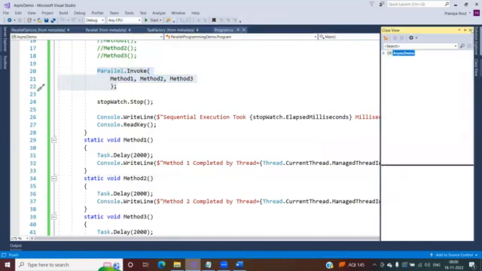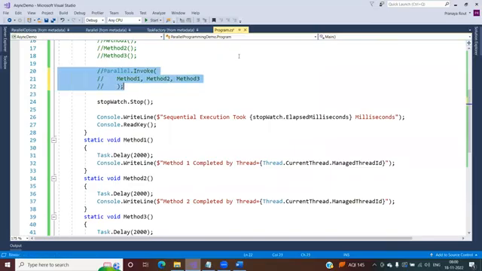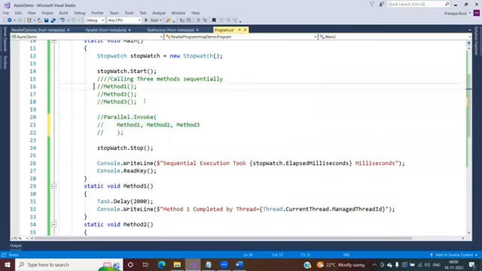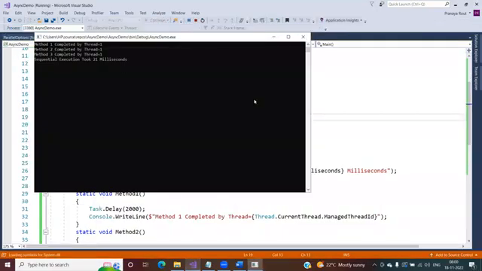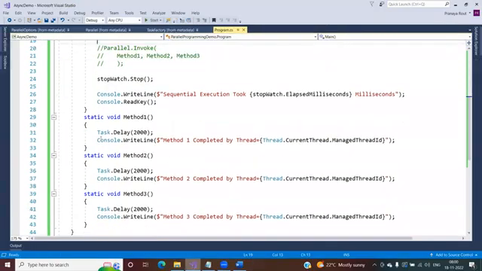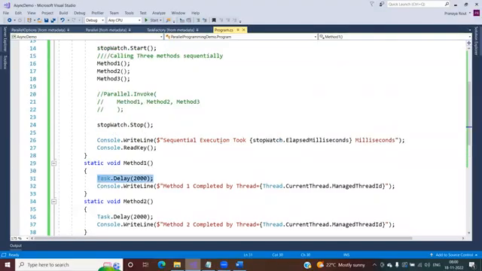Now, what I'm trying to do is unblock this thing again and execute these things. 21 milliseconds. Why is this not